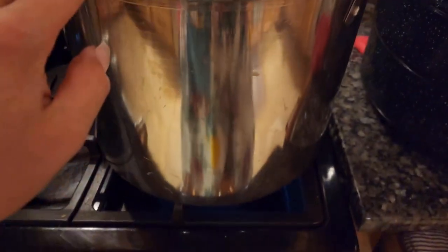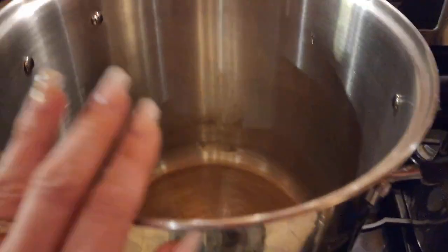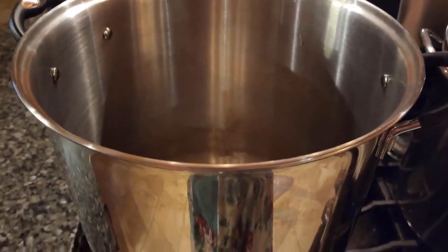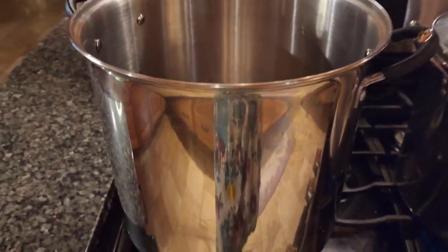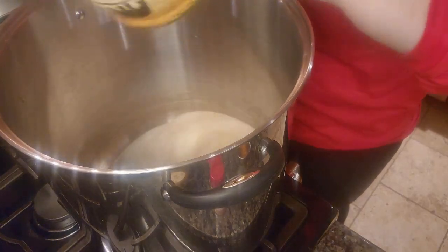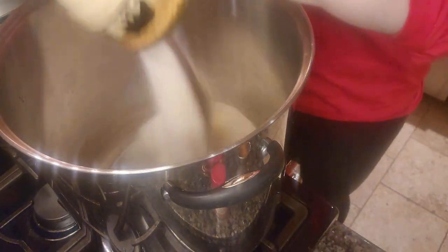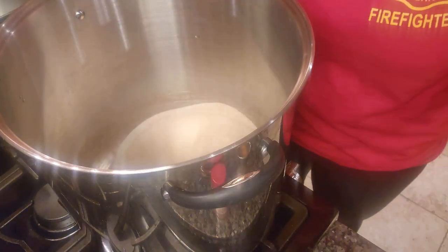But right now I need the stove top to get my water ready to blanch my apples. And then this is going to be the pot that I'm going to be using for our apple pie filling. So the very first thing I'm going to do is dump my dry ingredients into my pot. And I'm going to dump my sugar,